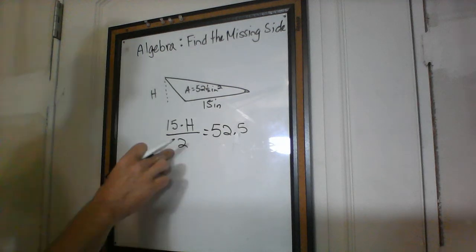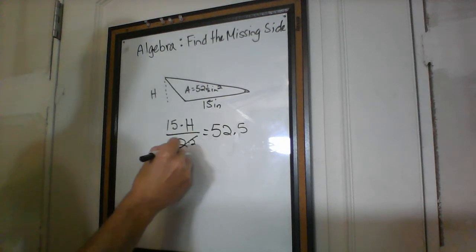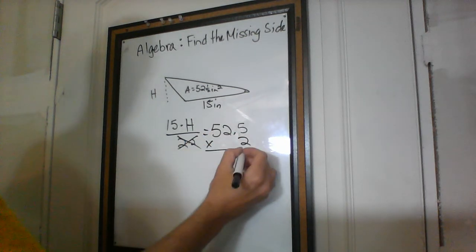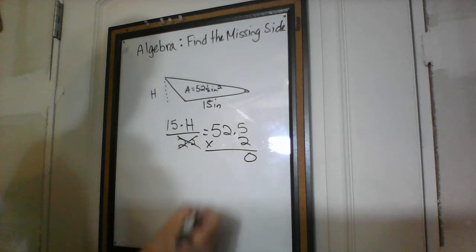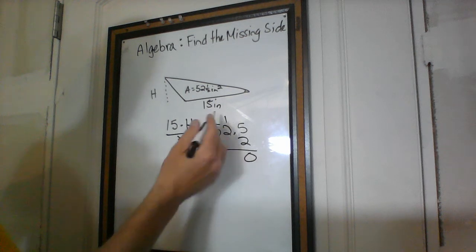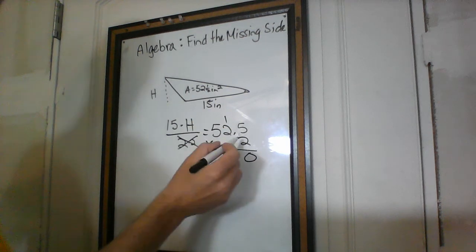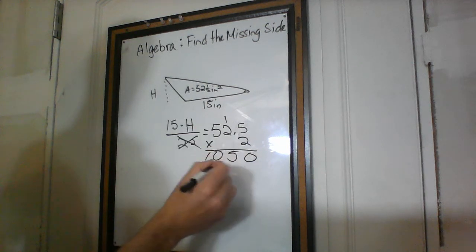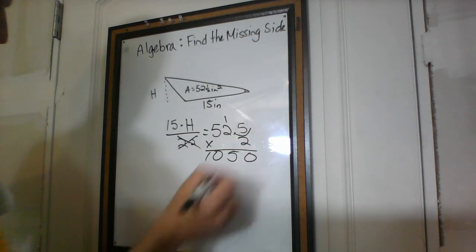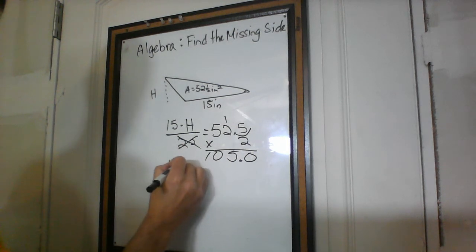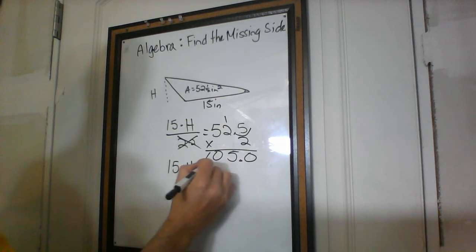Last thing we did was divide by 2. We are going to multiply by 2, so that cancels out. Multiply by 2. 2 times 5 is 10. 2 times 2 plus 1 is 5. And then we have 10 again, 2 times 5. Decimal comes over once, so now we have 15 times h equals